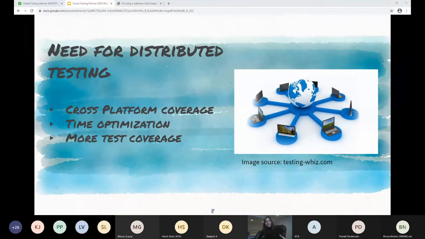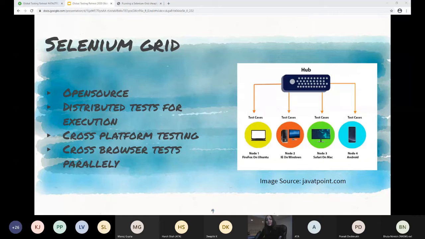And then came the need for distributed testing. As the number of tests keeps increasing, you have a lot of tests to execute in a limited amount of time, and you have to test your application on different browsers and different OSs, all of it in parallel at the same time. And then you want to reduce the execution time so that they can be run frequently and can be triggered after merge requests and things like that. So the need for efficiency comes, and then the need for distributed testing comes, and after that comes the introduction of Selenium Grid to help us with all of these good things.